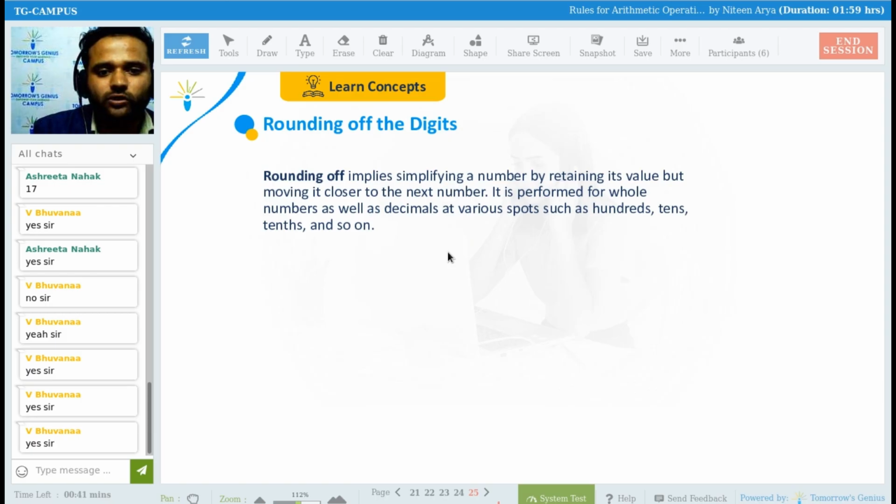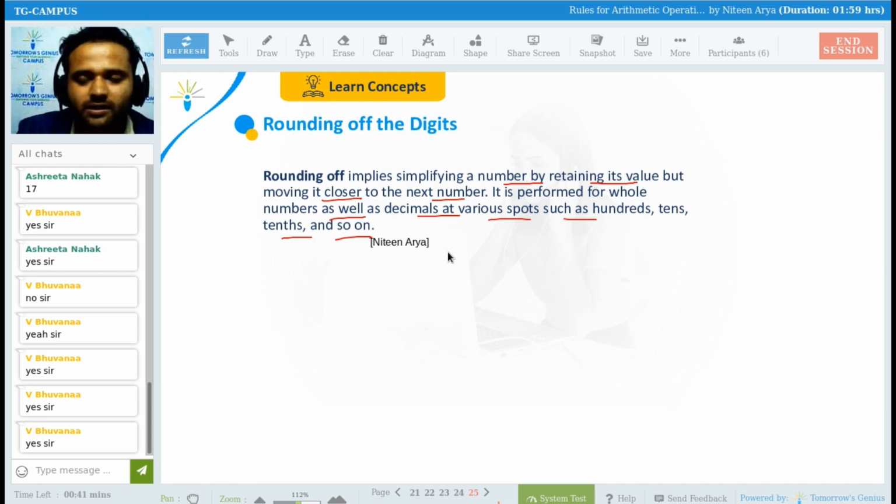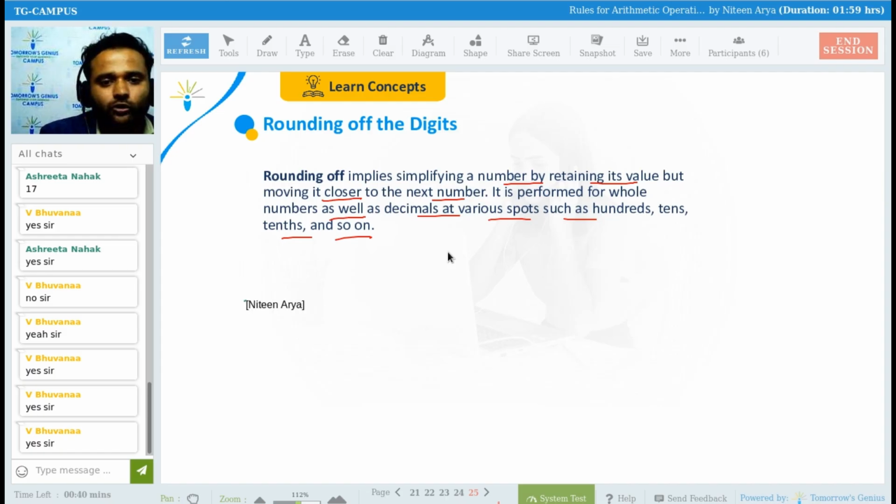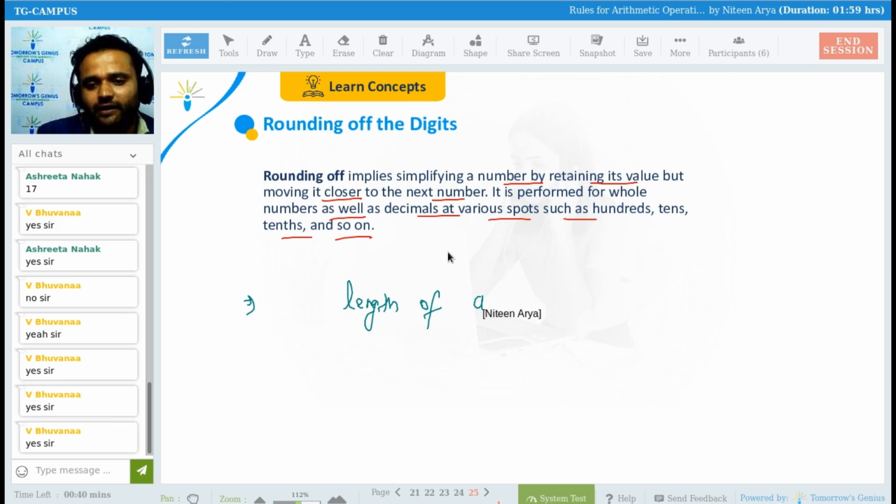So what is it? Rounding off the digits. Rounding off implies simplifying a number by retaining its value but moving it closer to the next number. It is performed for whole numbers as well as decimals at various spots such as hundreds, tens, tenths, and so on. Means if you have any particular number, you move it closer towards the decimal. For example, I'm going to repeat the same thing. If you have a wire, the length of a wire is going to be L,